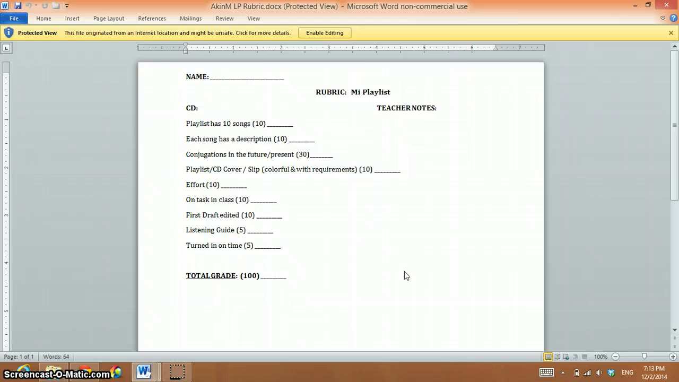So really the things that I wanted to hit on, if you can tell what's worth the most, is that they're able to conjugate their verbs in both the future and the present tense, and that's a standard in our foreign language classroom. So I'm really looking at their ability to conjugate verbs, but the rest of it is going to be